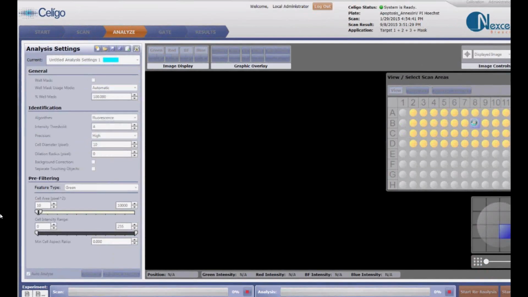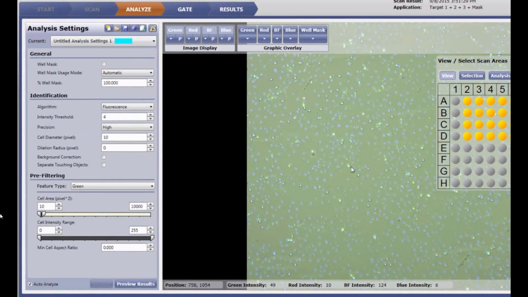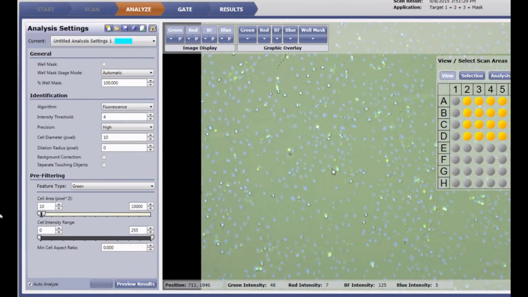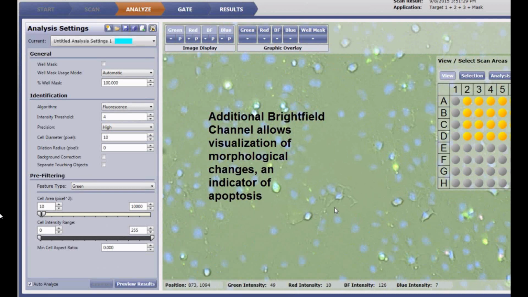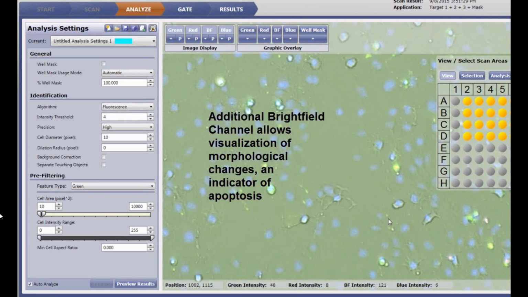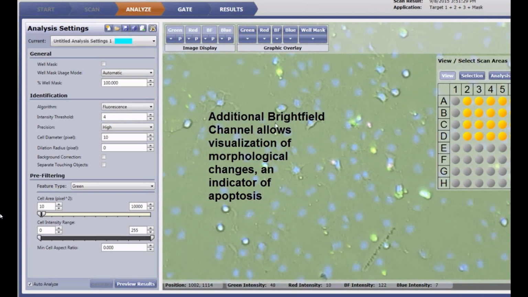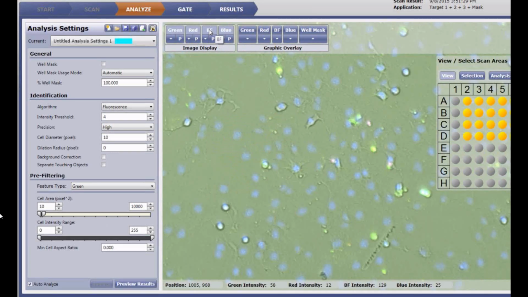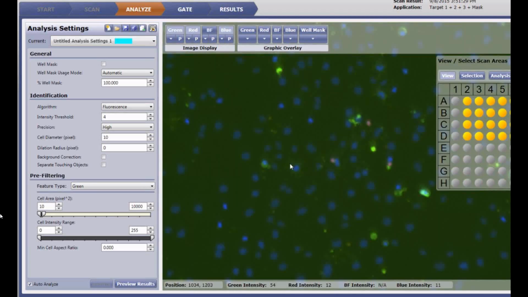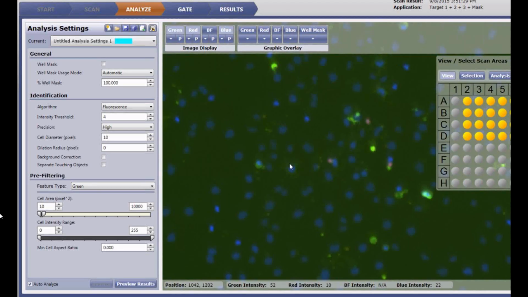And now we've moved over to the Analyze tab. We'll click on a well, and you can see now we have 4 channels all displayed. So this is one of the advantages of having this 4-channel application. You can get a bright field image to observe morphological changes. We talked about the blebbing of the cells. So that is another feature that you can see here with the bright field image in addition to your fluorescent